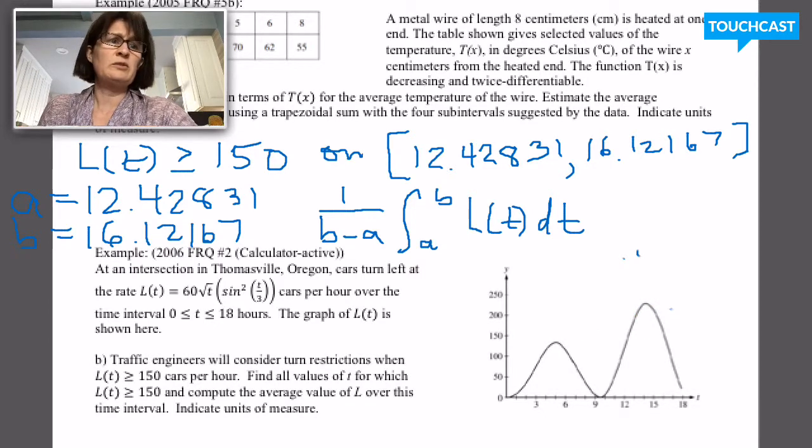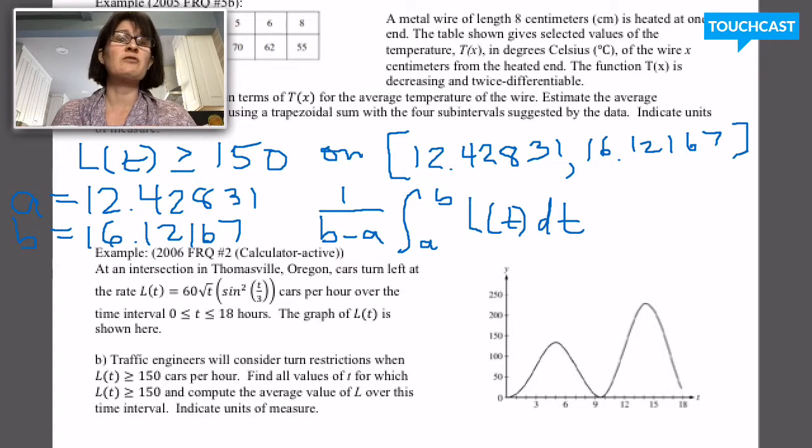If you wanted to write those numbers out too, that's fine. You could have written the expression 1 over 16.12167 minus 12.42831 times the integral from 12.42831 to 16.12167 of L of t dt. And then when I use my calculator to evaluate that, using fnInt, I get